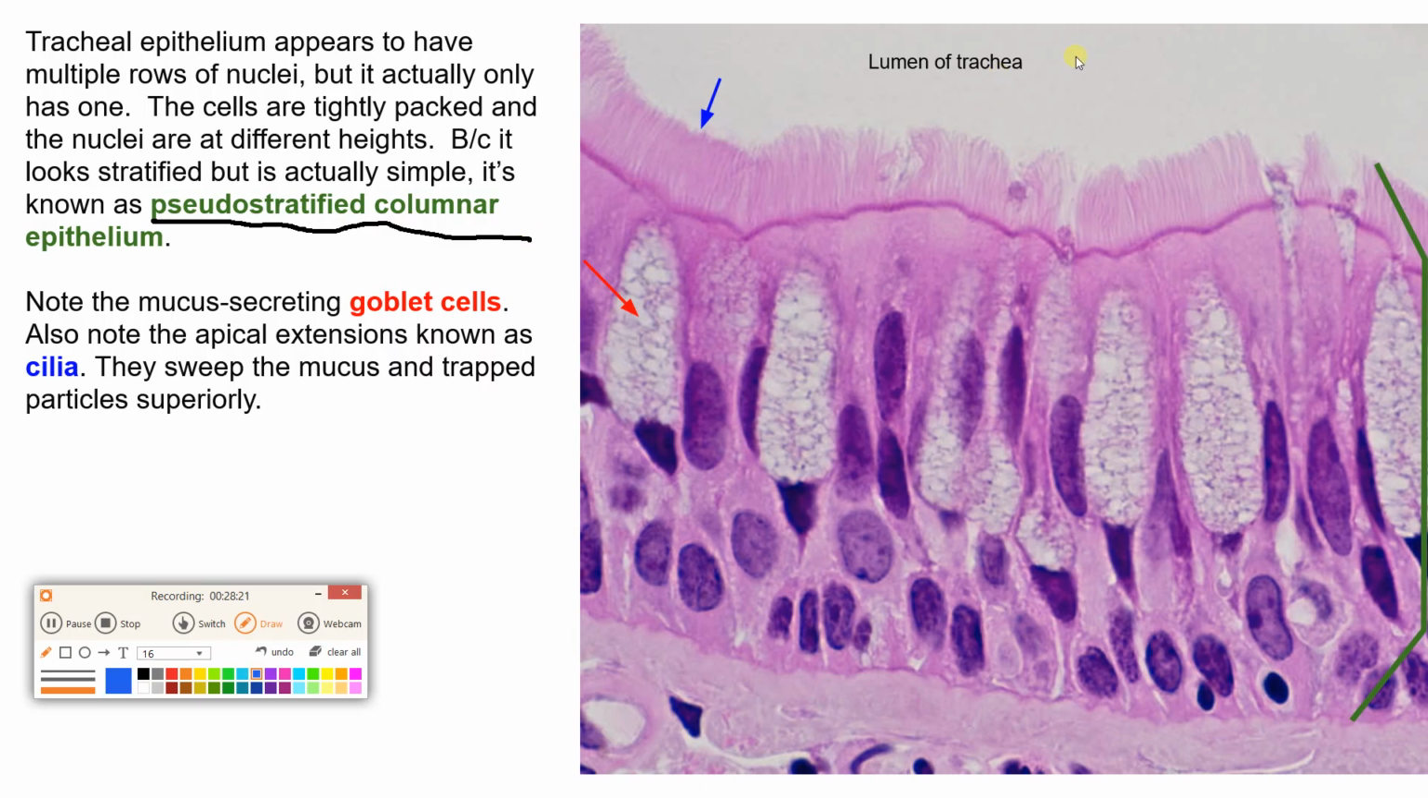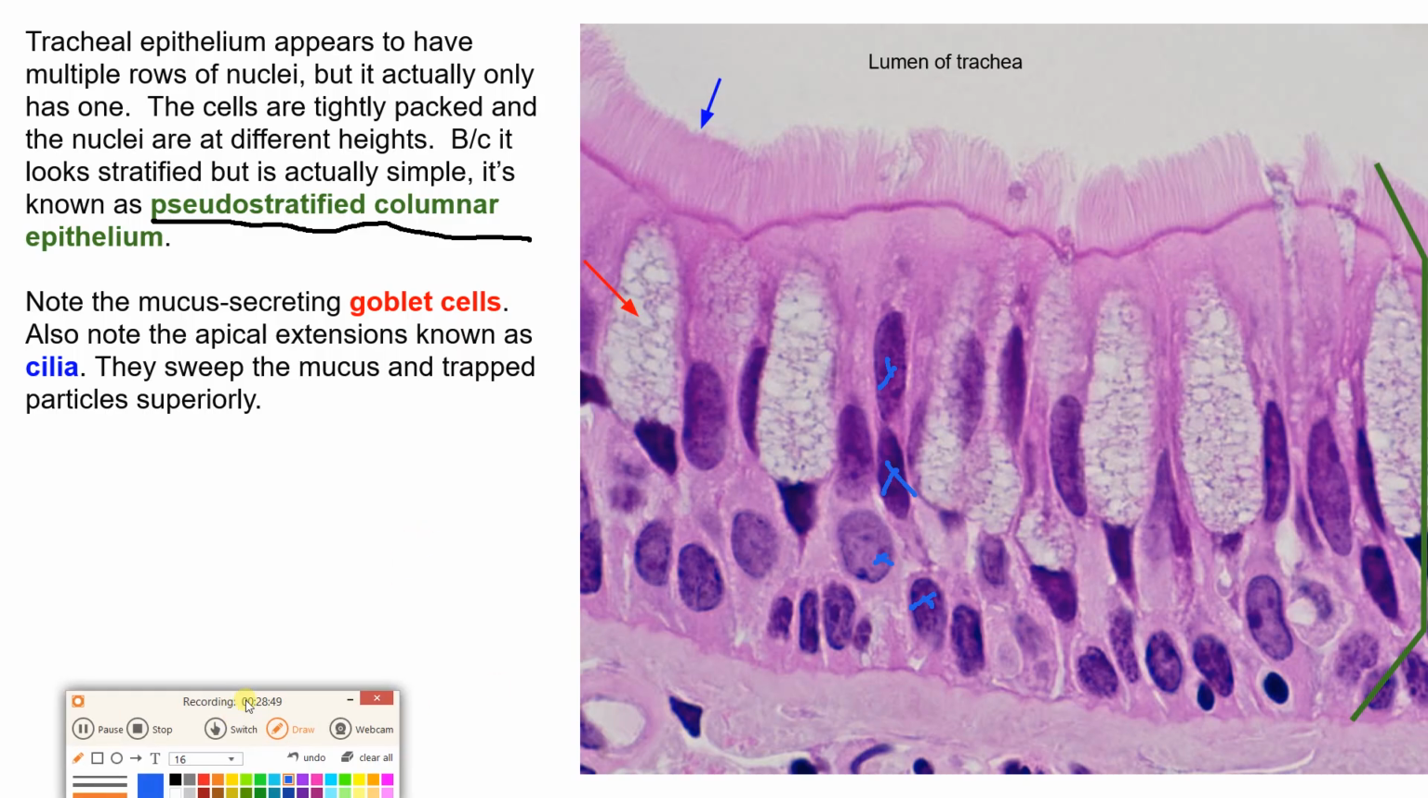Here's my lumen. This is actually of the trachea. The epithelium runs from here all the way down to here on the green bar right there. And what I want you to notice is here's a nucleus. Here's a nucleus. Here's a nucleus. Here's a nucleus. It's like I got nuclei stacked upon one another. It appears is the operative word there, appears that this is going to be a stratified epithelium, but it's actually